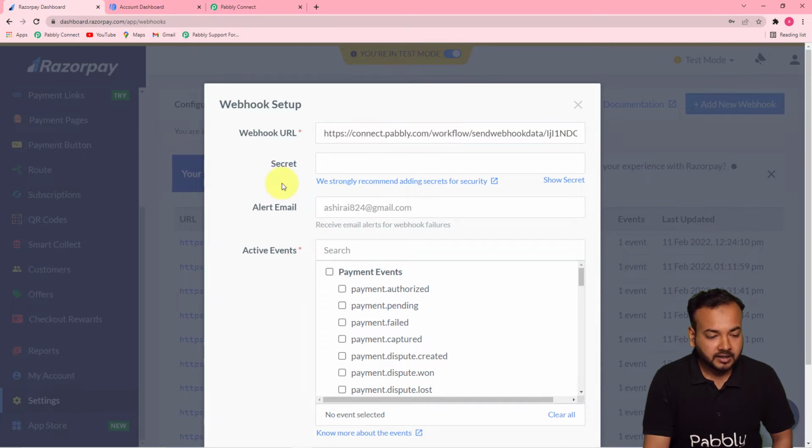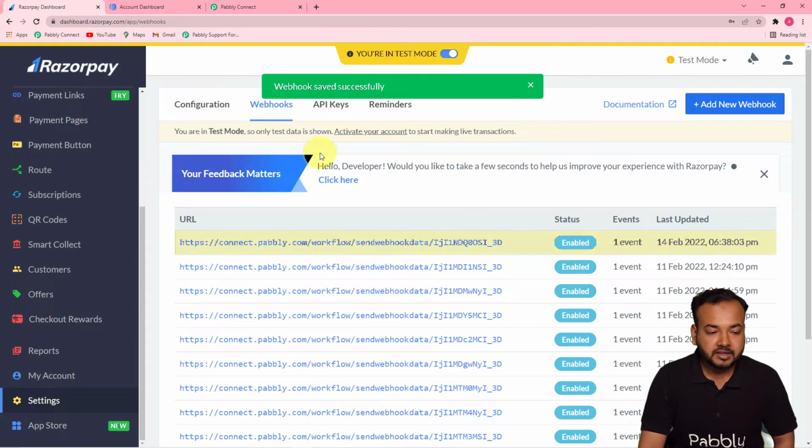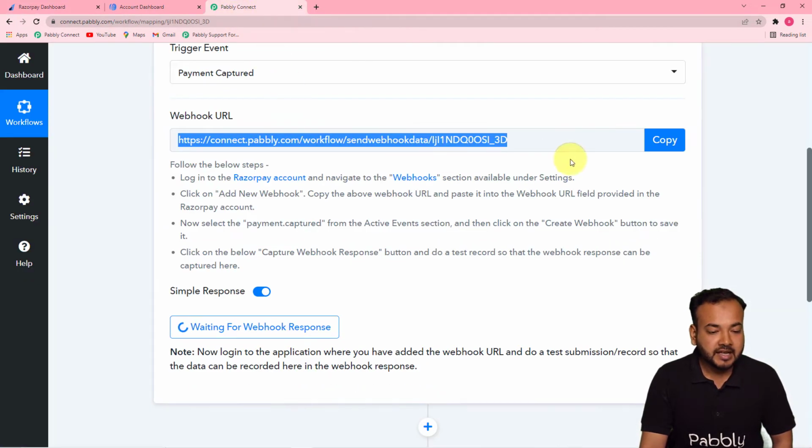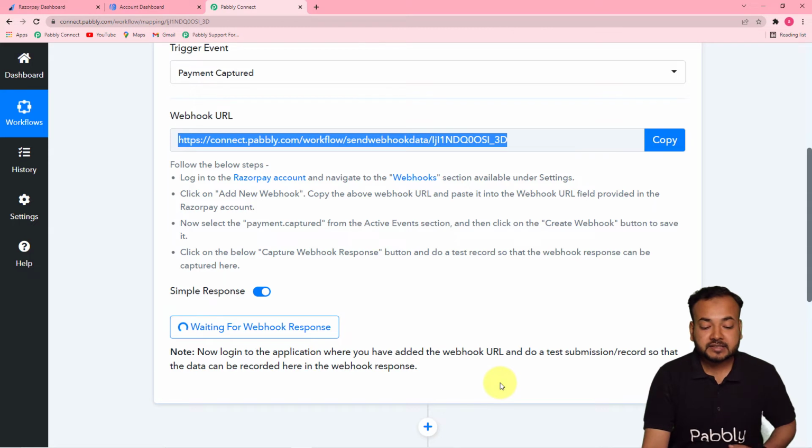Okay, and here in the active events section, you have to check this payment.captured box. Okay, check this box here, then click on create webhook, and you can see the webhook is saved successfully here. And here you can see, as you have copied this webhook URL, it started showing this waiting for the webhook's response. Now this means that you have to do a test submission, or you have to make a demo purchase